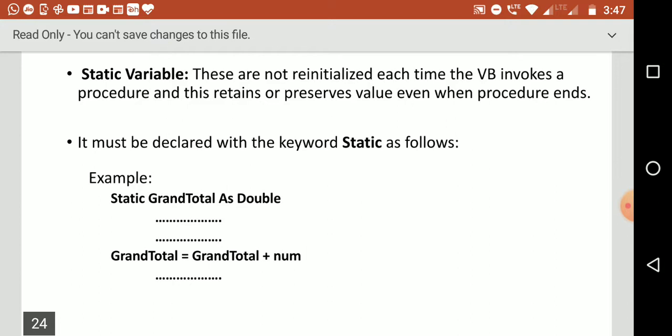So whenever an application runs again, the value will not be reinitialized. Suppose it had the value 5 before, it stores that value 5, and whatever incrementation or decrementation you are doing will be added or subtracted. So it will not be reinitialized.